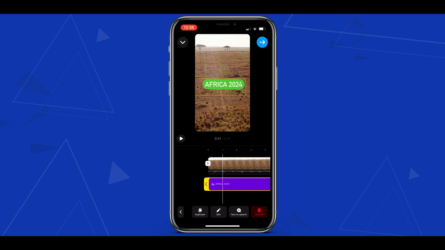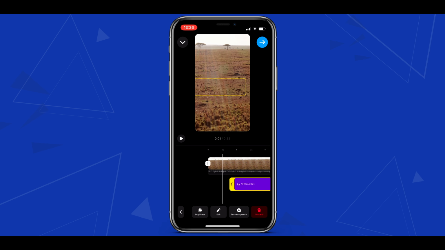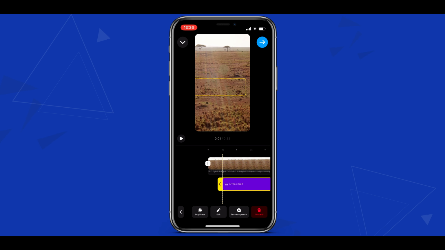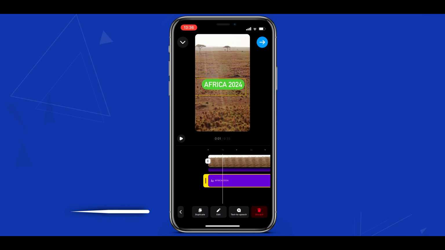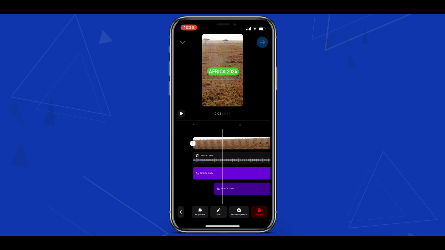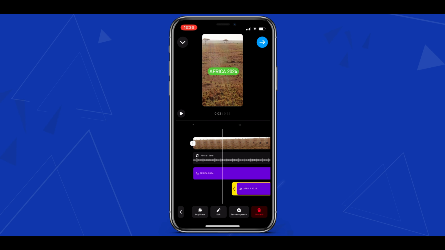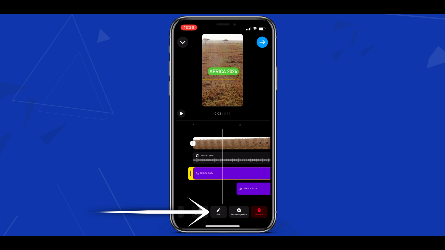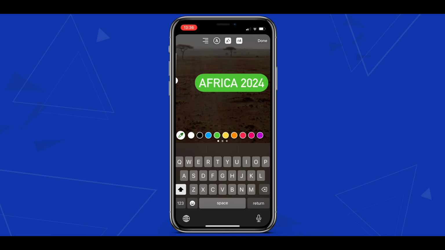Again, we can adjust how long the text will be seen for on screen just by dragging and holding the handles accordingly. If we tap the text clip within the timeline, we'll get some slightly different options compared to a video clip. We can press the Duplicate button to create a copy of our text, in which we can then tap and hold the duplicated text clip to have it show at a different point in our reel. We also have the Edit option, which will simply take us back to the text editor if we want to